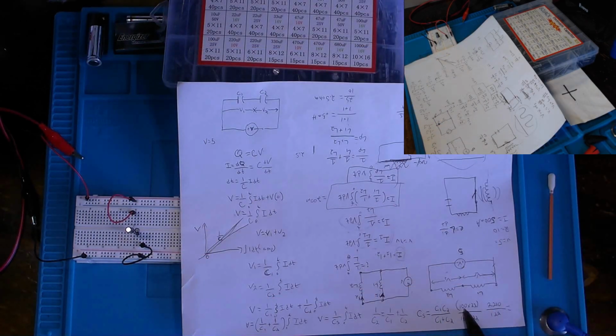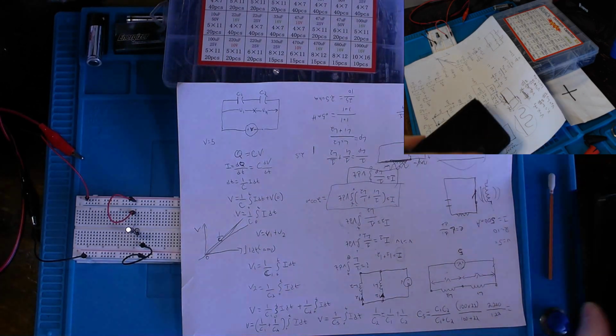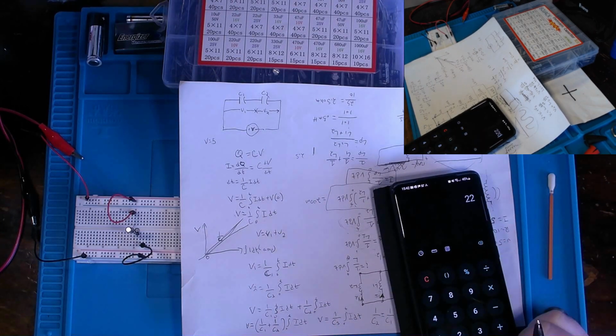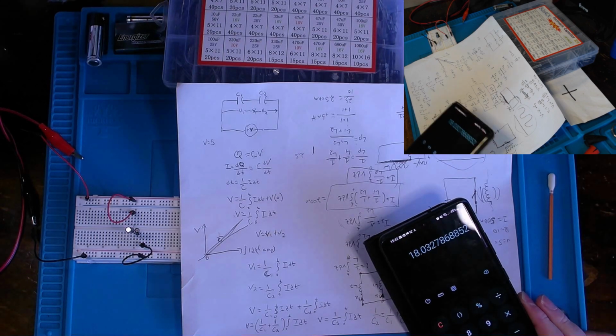Given we have two different capacitance values, I went ahead and wrote it out. Essentially, 100 microfarad times 22 microfarad, which is 2,200 microfarad, over 100 plus 22, so 122, which essentially gives us, I put in my calculator, 2200 divided by 122, total capacitance of 18.03